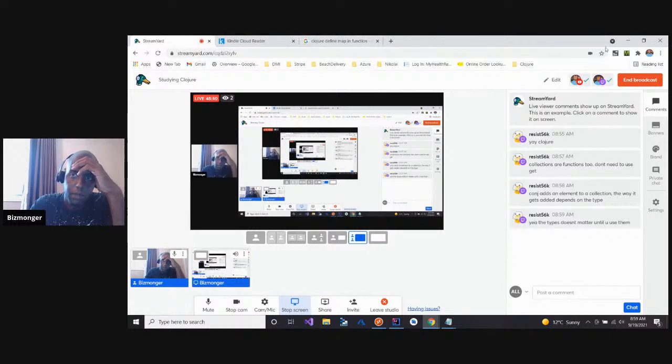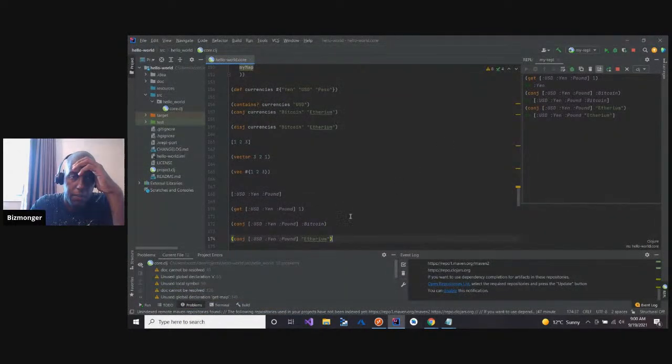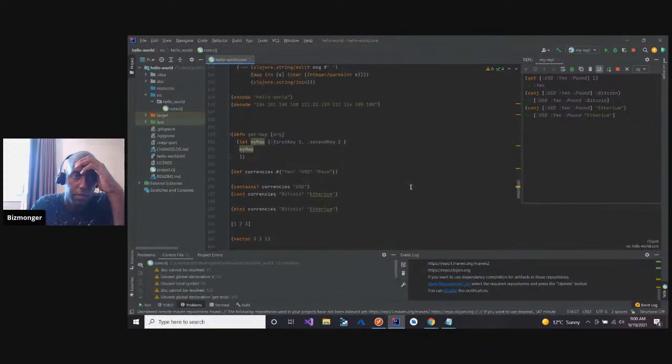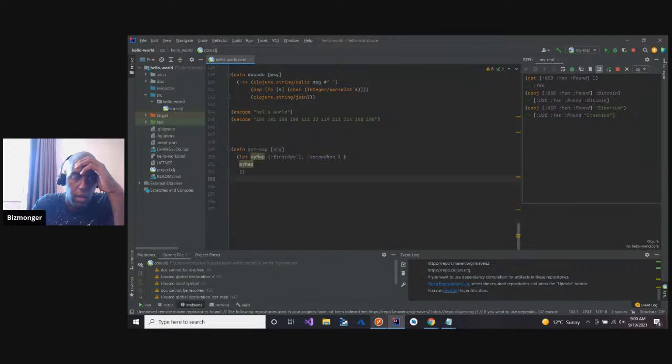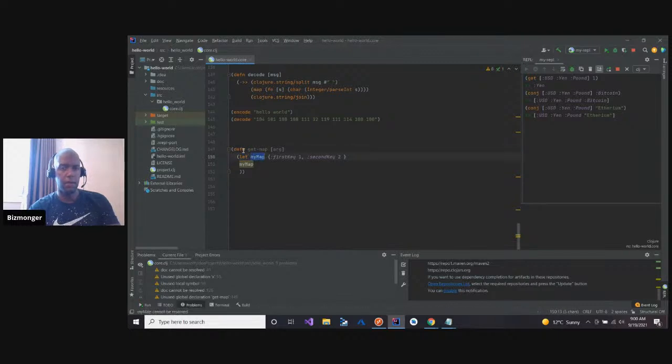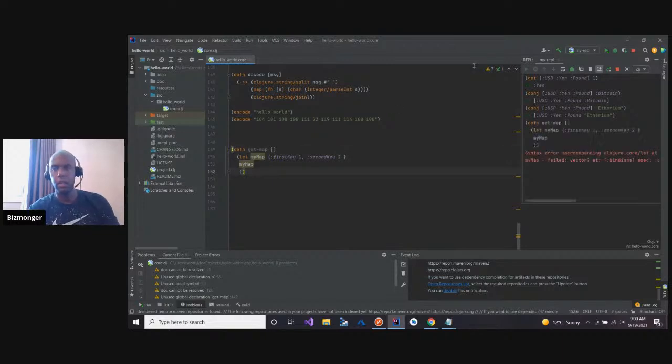Okay. All right. So my question for you is, this is going back to like half an hour ago. What's wrong? Let me get rid of all this stuff over here. That stuff doesn't matter anymore. How come I can't get this? Why can't I define a map inside of a function that I call get map? Like, why is it giving me an error? Honestly, I don't need arg either. I don't need this, but I get an error.